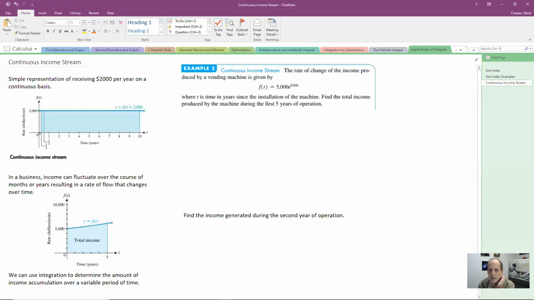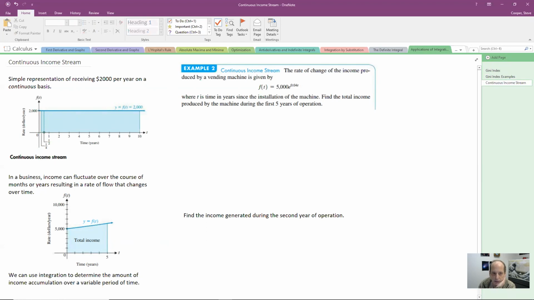Just give me this part right here, and I can calculate the area by taking the height times the width. So $2,000 times a quarter of a year, and then $2,000 times half the year. So we're talking 500 and 1,000,